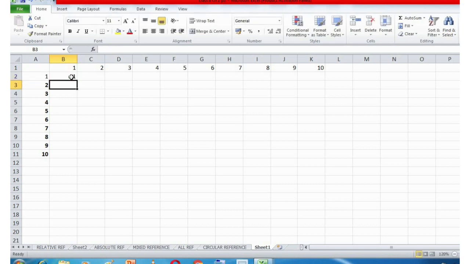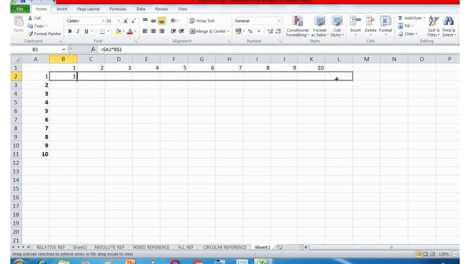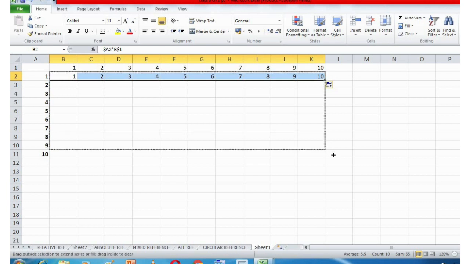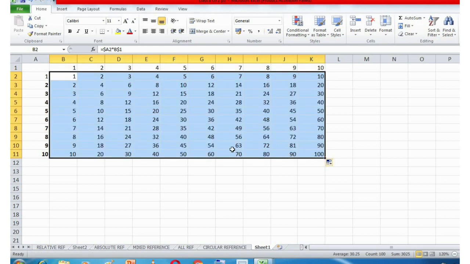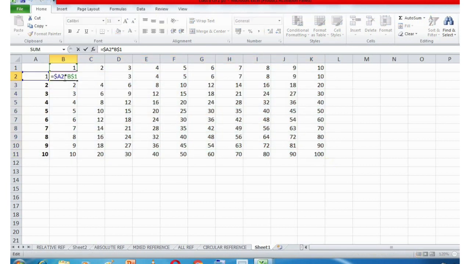Now when we copy this, see, these are the correct tables, yes or no? In this formula students, I have kept the A column as fixed, and I have kept the row number 2 as relative.